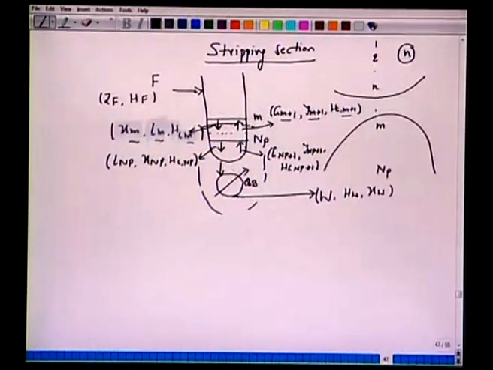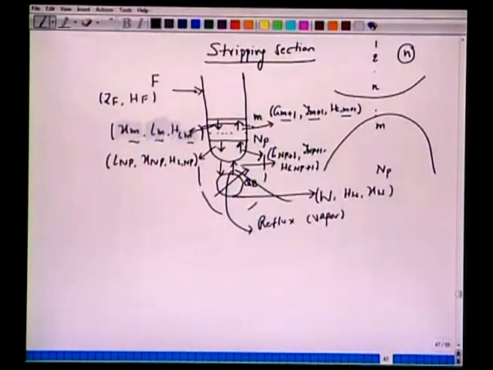And part of this liquid is vaporized to send back as a reflux. So notice this reflux is vapor, unlike in the top section or rectifying section where we had the reflux as a liquid. So this is the reboiler, and as per our discussion, the vapor which leaves the reboiler has the same specs as the vapor which arrives at the bottom plate NP. So it's the same.